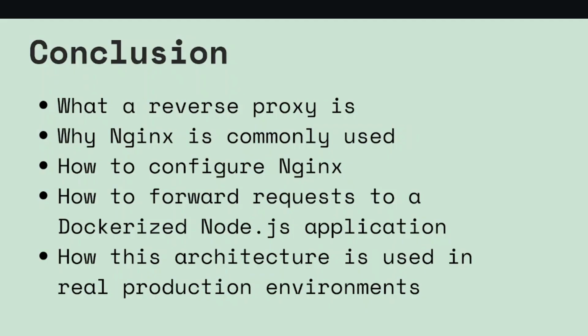So today we've learned what a reverse proxy is, why Nginx is commonly used as a reverse proxy. We've also learned how to configure Nginx as a reverse proxy, and how to forward requests to our Dockerized Node.js application, and how this architecture is used in real production environments. In the next video, we'll make this setup even better by using Docker Compose to manage both the Node.js application